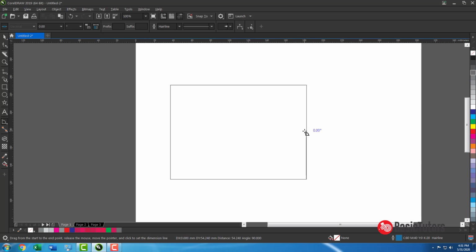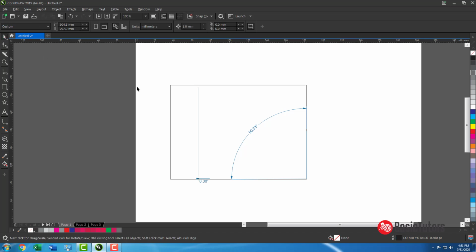Control for constraint, also Control for constraint. This is all about the angular dimension tool. The same applies to vertical and horizontal; all those dimension tools work in this way.